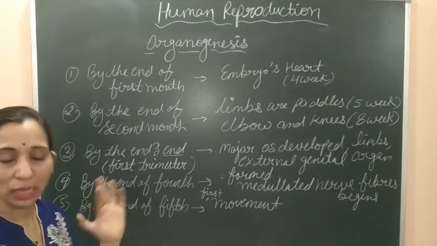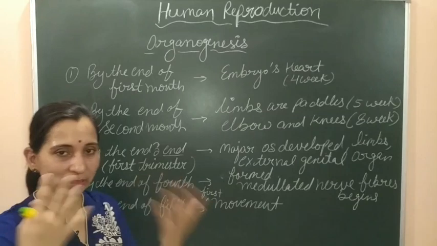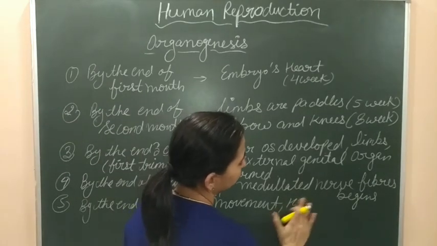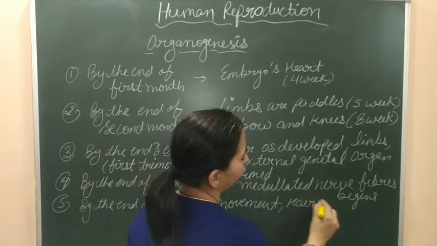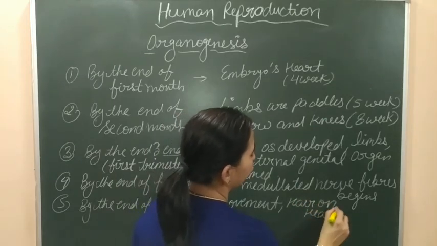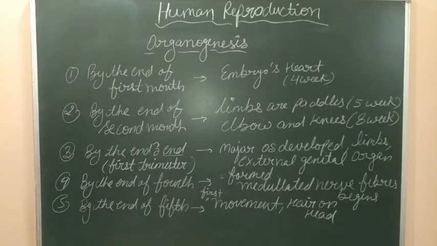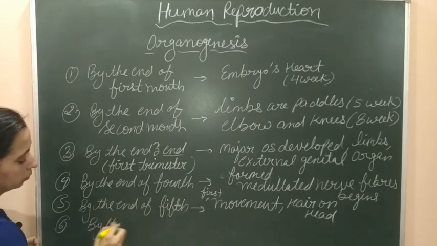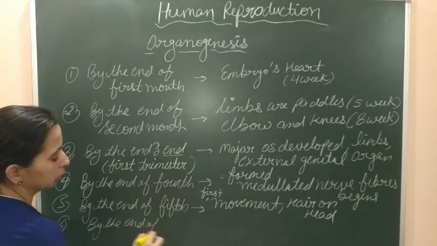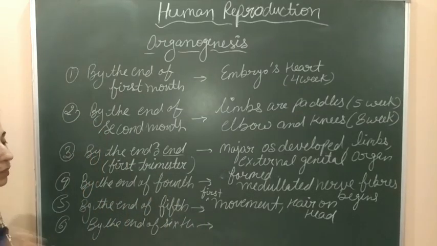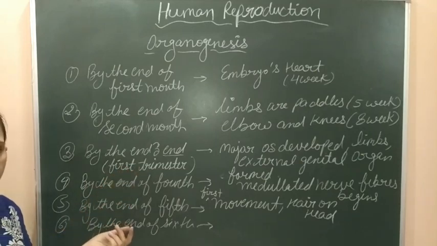the hair on the head also erupted, means hair की formation जो है वो head के ऊपर start हो जाएगी. तो means we can write here hair on head, they will also form at the end of the fifth month of the pregnancy. Now after that we will move on to the sixth month. By the end of sixth month, sixth month means यहाँ पे हम बोल सकते हैं sixth month हो गया, it means that another 3 months is completed, so we can call it second trimester.